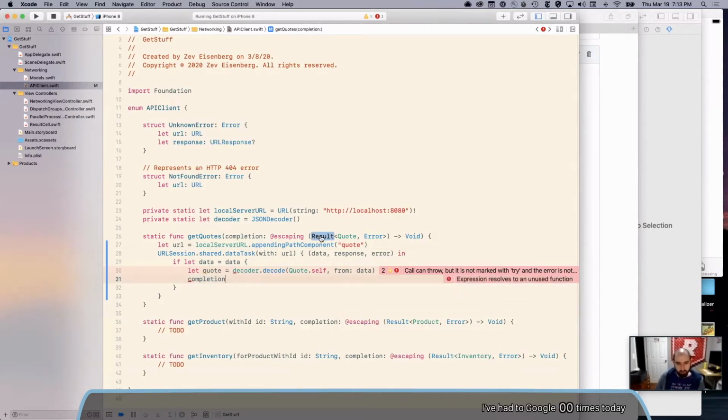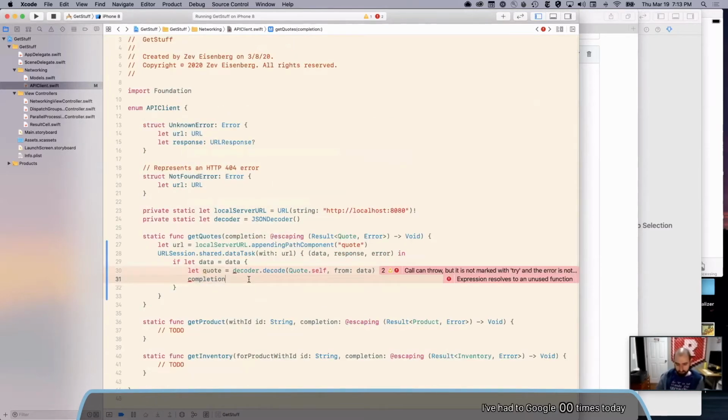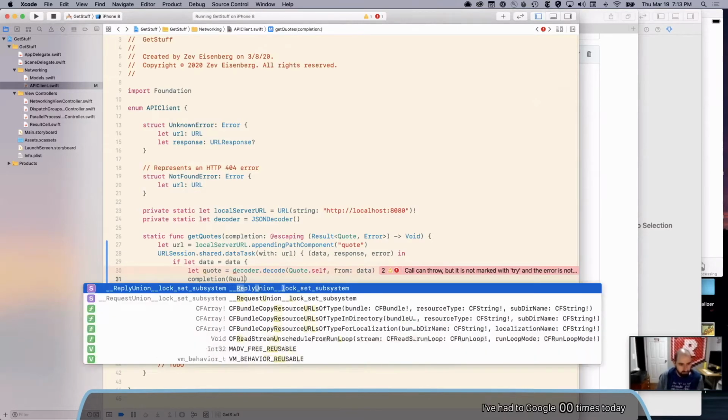And I guess I should just real quickly go over result. Result is a type provided by the Swift standard library, and it's an enum that can be either a success, meaning it will actually give you back the value, or a failure, and it will give you some error explaining why it failed. So it's a way to encapsulate the idea of giving back the success or the thing that went wrong, and you'll see these a lot in networking or any failable operation. So I'm going to call my completion, and it expects a result. So I'll make a new result.